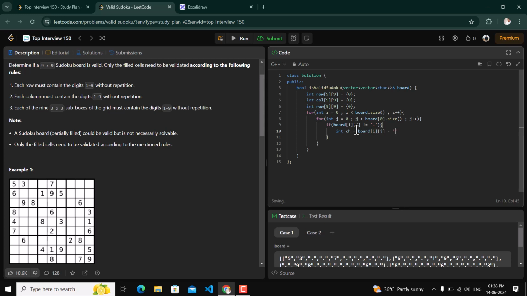So it will give us the int of that character. Like for 0 it will give us 1, but we are dealing with indexes, so we will reduce minus 1 from it.